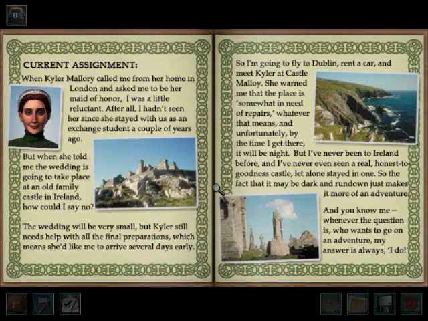When Kyler called me from her home in London and asked me to be her maid of honor, I was a little reluctant. After all, I hadn't seen her since she stayed with us as an exchange student a couple of years ago. But when she told me the wedding is going to take place at an old family castle in Ireland, how could I say no? The wedding will be very small, but Kyler still needs help with all the final preparations, which means she'd like me to arrive several days early. So I'm going to fly to Dublin, rent a car, and meet Kyler at Castle Malloy. She warned me that the place is somewhat in need of repairs, whatever that means, and unfortunately by the time I get there it'll be night. But I've never been to Ireland before, and I've never even seen a real honest...